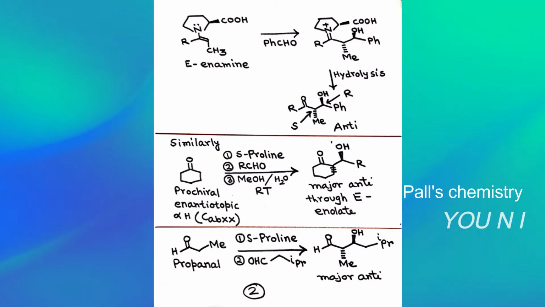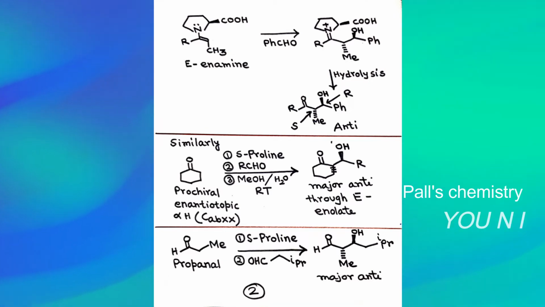The difference between cyclohexanone and the previous example is that the C=O of cyclohexanone has two homotopic faces, whereas in the previous case the C=O has enantiotopic faces. Now coming to the reaction, this prochiral substrate, which has the enantiotopic CH2 adjacent to the C=O, will undergo the reaction with the chiral auxiliary S-proline